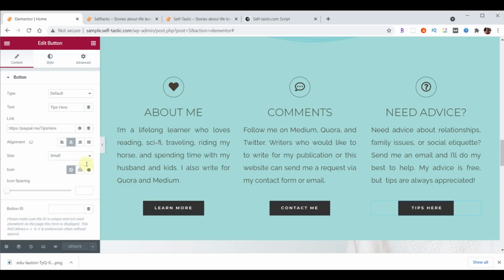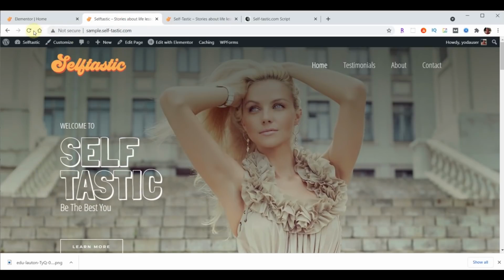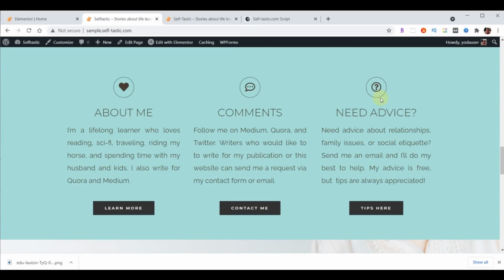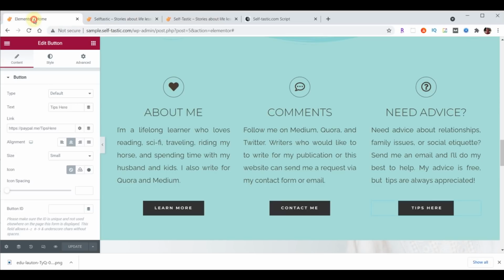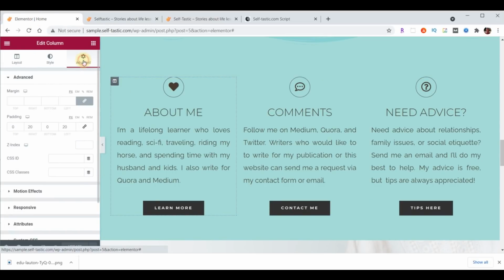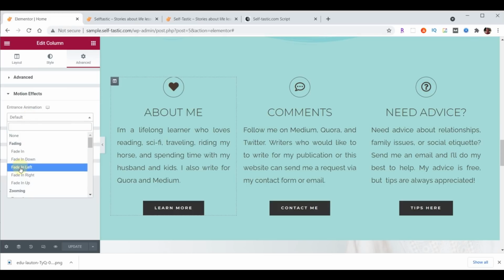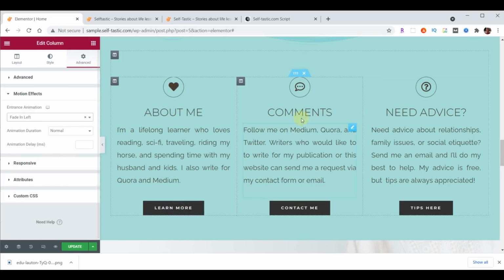Let's hit Update, go back over, let's reload the page, scroll down, and it's looking a lot better. But let's add some animation to this. So we'll come back in here, choose column 1, go to Advanced, Motion Effects, Fade from the left, take this one,